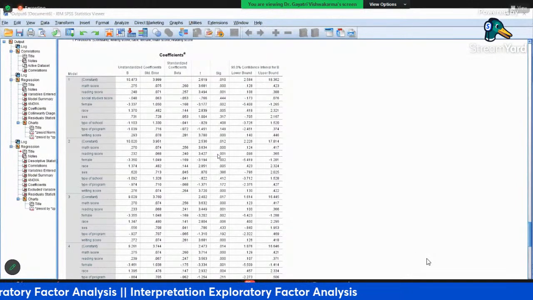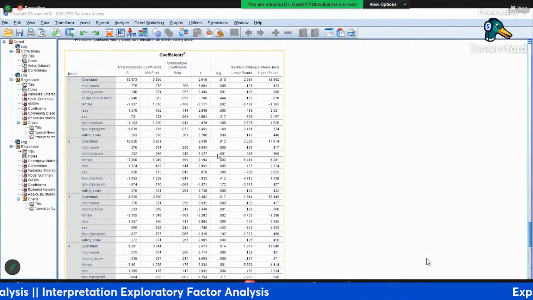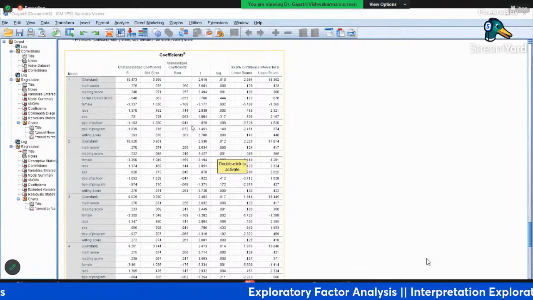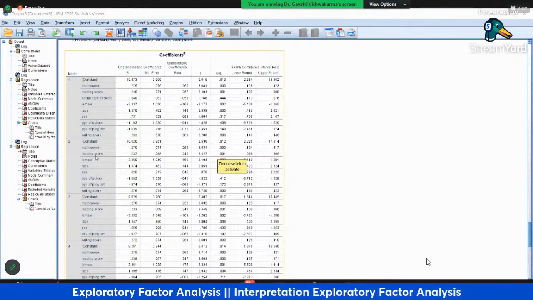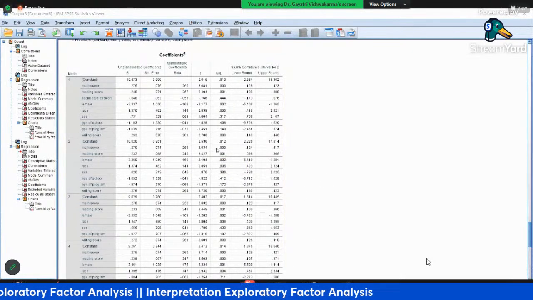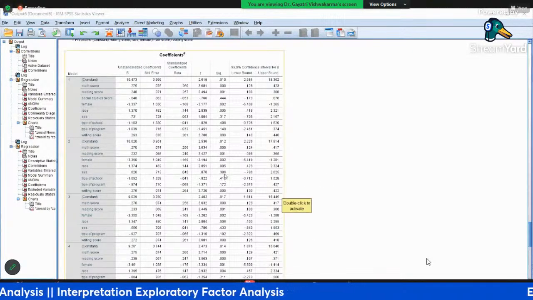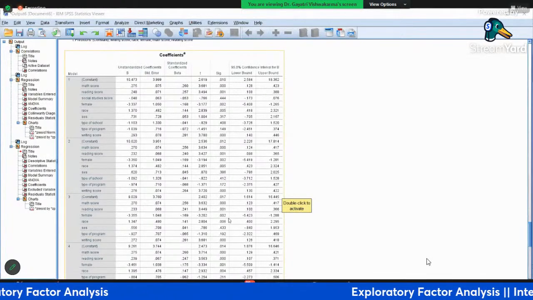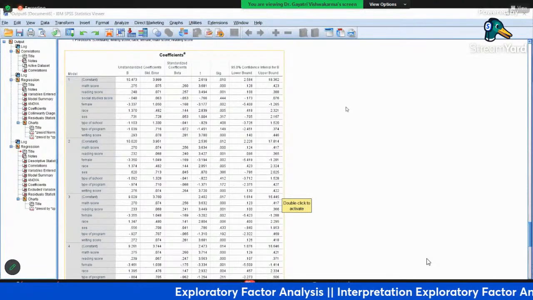So based on this, what we apply is the enter method. Now in the enter method, the first model is the full model, and the rest is backward, like it is removing. Like from the second one, social studies has gone, and then you can see the socioeconomic status and type of school are also not coming significant. Then it will remove one by one, and you can remove both. Okay, so what is happening,